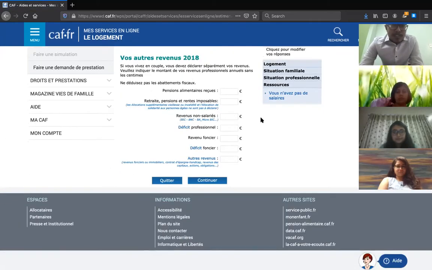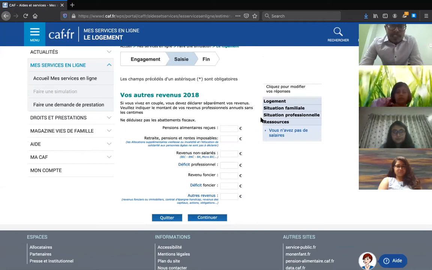Now, you will notice that the questions are specific to 2018 only. Here they're asking us the precise nature of benefits that you have received, and you can find this information on your payslip if you are a working professional. But basically, pension alimentaire reçu, this basically means your food allowance or anything like that. We will mention 0. We will mention 0 for all the other fields as well,